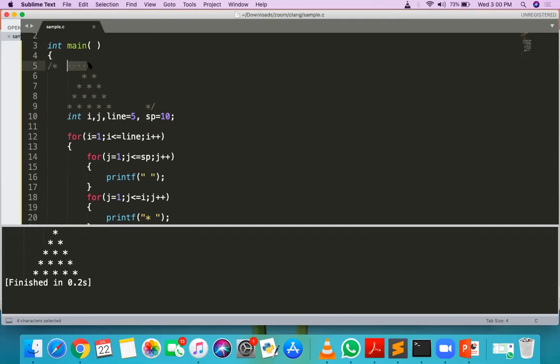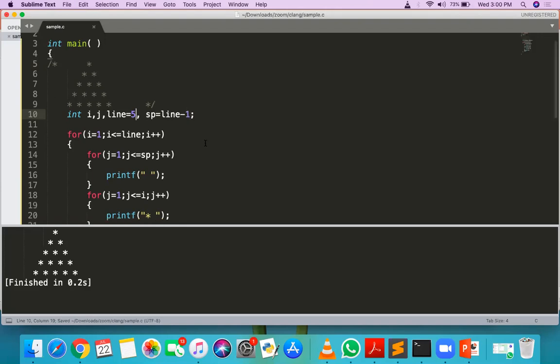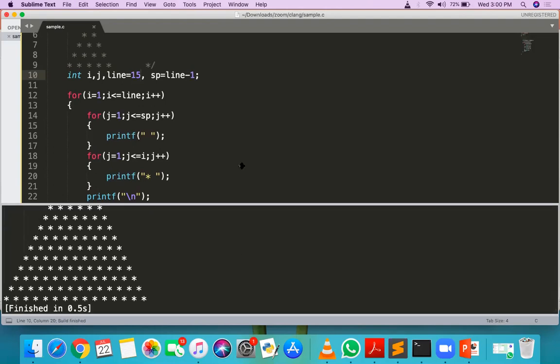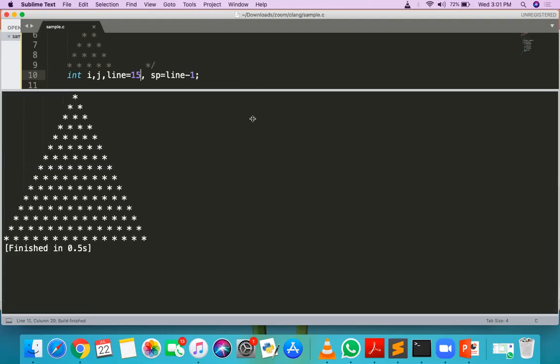For a 5 line triangle, sp should be initialized with 4. Now how to get 4 from 5? Minus 1. Simple. Now here only one input is sufficient. Suppose if 15 is there, automatically sp will be calculated here.